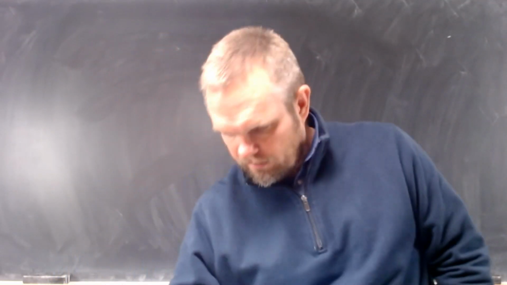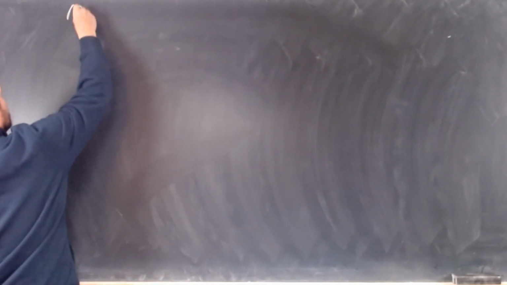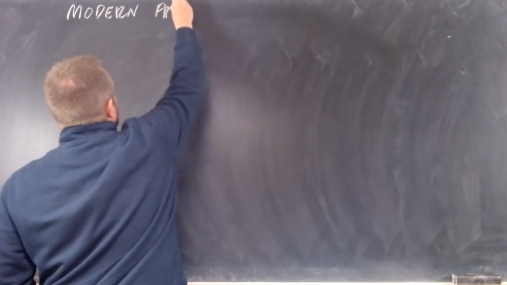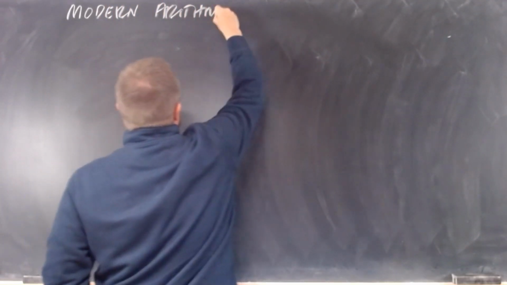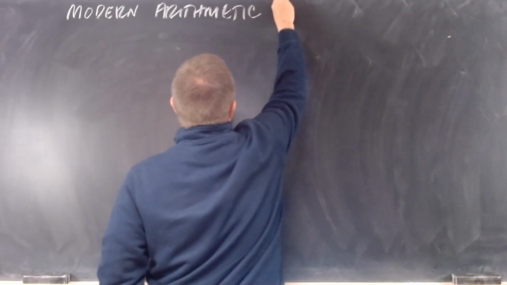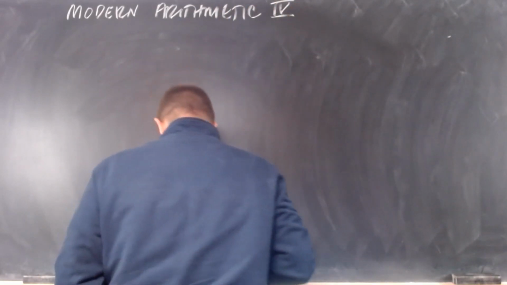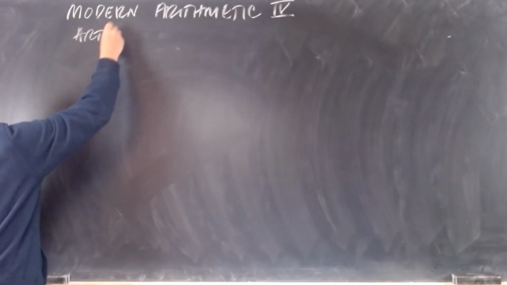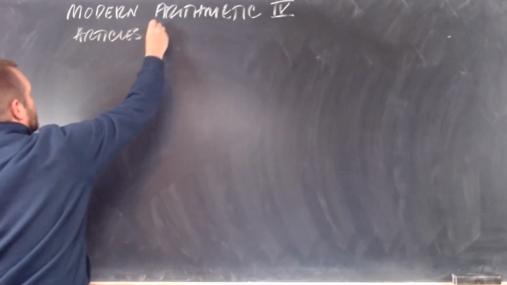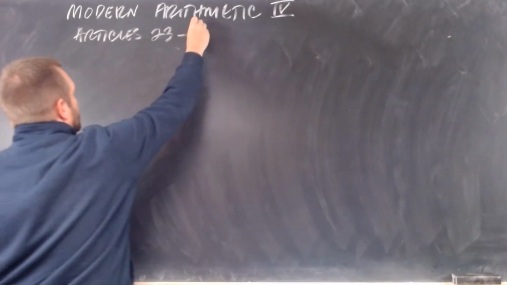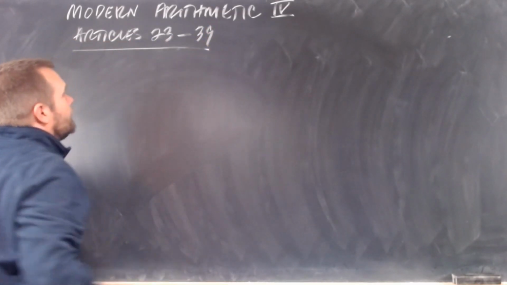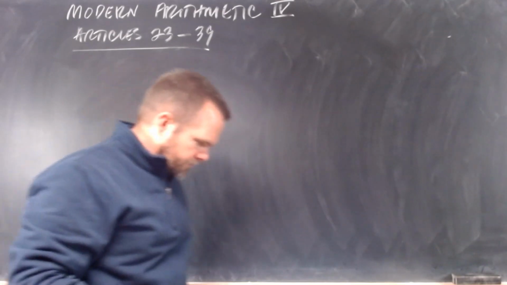Modern Arithmetic 4. And we're studying articles 23 through 39. Hopefully we can get through all of that. This course,